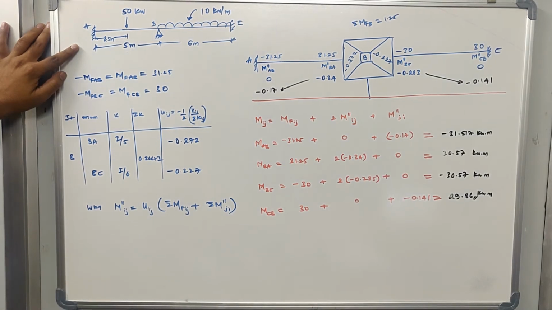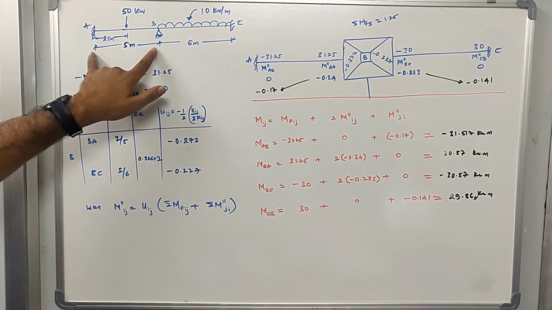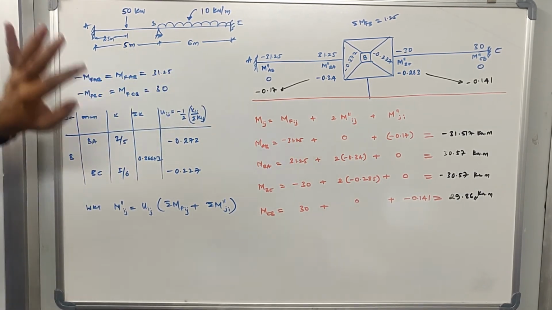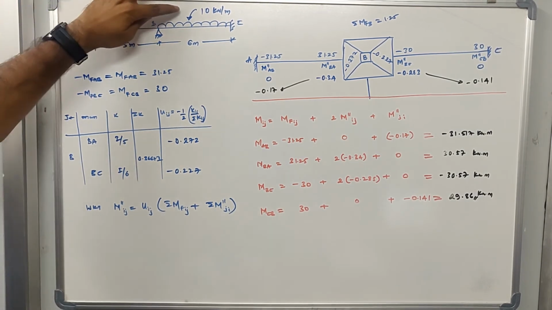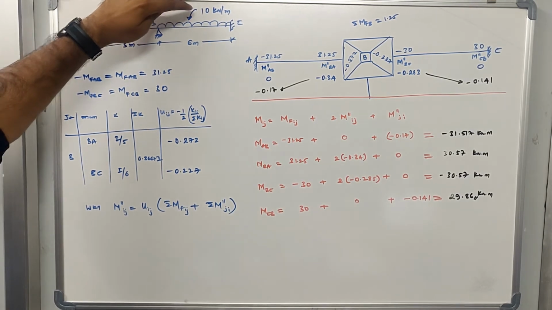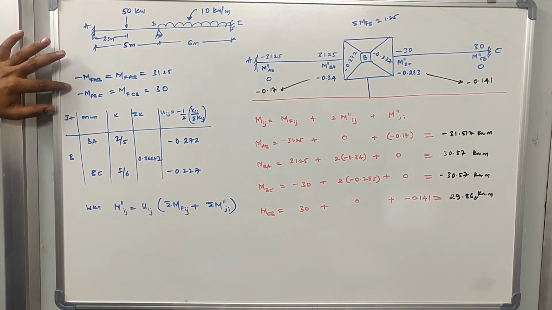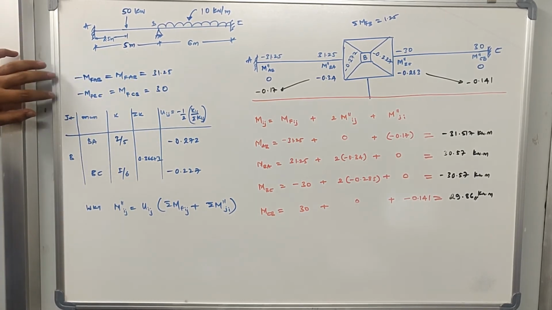Okay, so anyhow, you know this beam was 5 meter in length for element AB and 6 meter length for element BC. The total length of the beam was 11 meter. Okay, and AB element was subjected to 50 kilonewton, and BC member was loaded by a UDL of 10 kilonewton per meter, and we had also calculated the fixed end moment MFAB, MFBA, MFBC, MFCB. You can again try to calculate these values. Okay, or else you can try to note down the values that we calculated from the slope deflection equation itself.